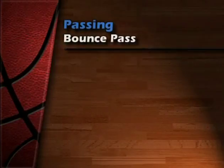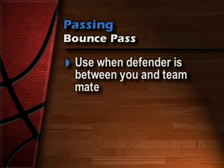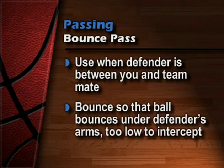The bounce pass is an excellent pass to use in a variety of situations. One of these is when you need to get the ball to a teammate with a defender between the two of you. The bounce pass will take the ball underneath his arm or hand and will be too low for an interception. As we look at this demonstration now, watch the technique for releasing the ball, often with a fake